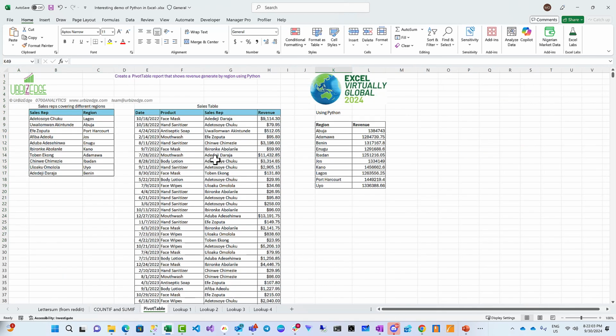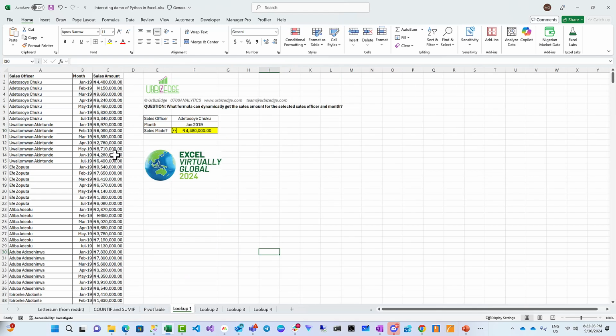And then I'm going to do a pivot table. How are you going to pivot a table that's like this? And what's even interesting is the fact that the tables are two different tables. So if this was Excel, you would have needed to do a VLOOKUP or XLOOKUP to bring in a region into this data before you'll be able to get revenue by region. So how are we able to do the same thing using Python? Then lookup,